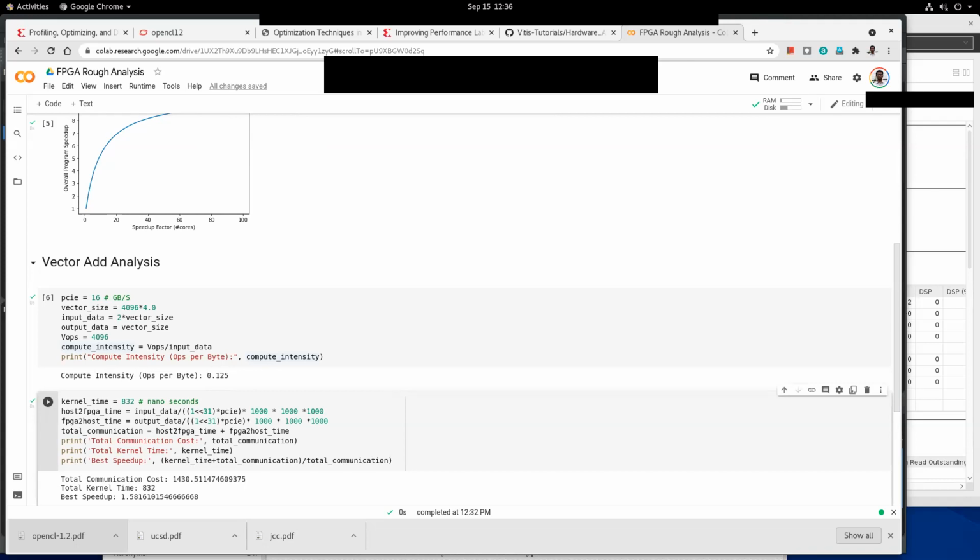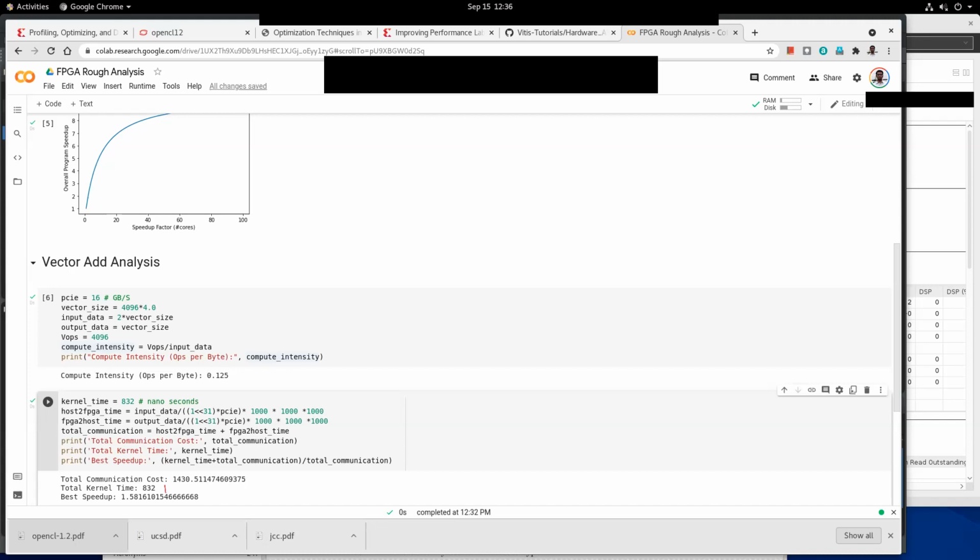Yeah, so you can see the total communication cost. We are trying to compute the communication cost in nanoseconds, because the kernel time is in nanoseconds, so we want to match it. So you can see the ratio of kernel time to communication is approximately 1:2.